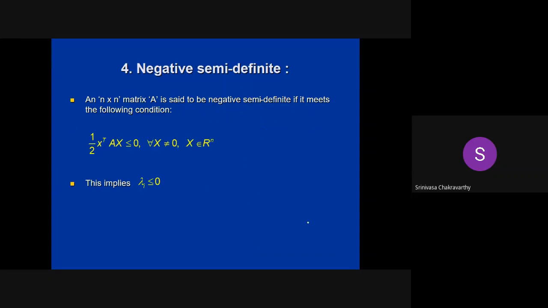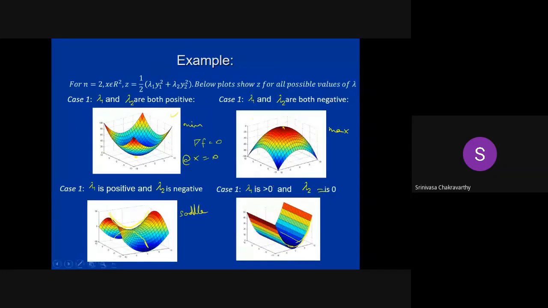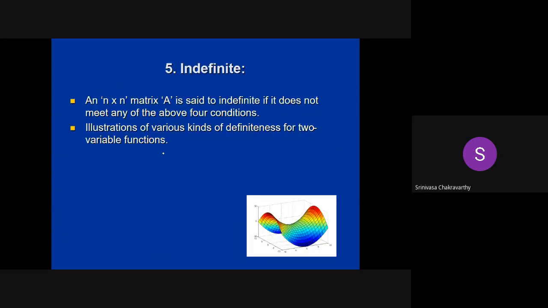Okay, so just by looking at the eigenvalues of the Hessian, or in the case of a quadratic form, the eigenvalues of the matrix A, you can make out very easily what will be the shape of the function. Will it always be positive? If it is a minimum, then it is always positive. If it is a maximum, it is always negative, because the minimum or maximum happens at the origin. And if it is a saddle, it is neither minimum nor maximum, so it can be both positive and negative, and so on.